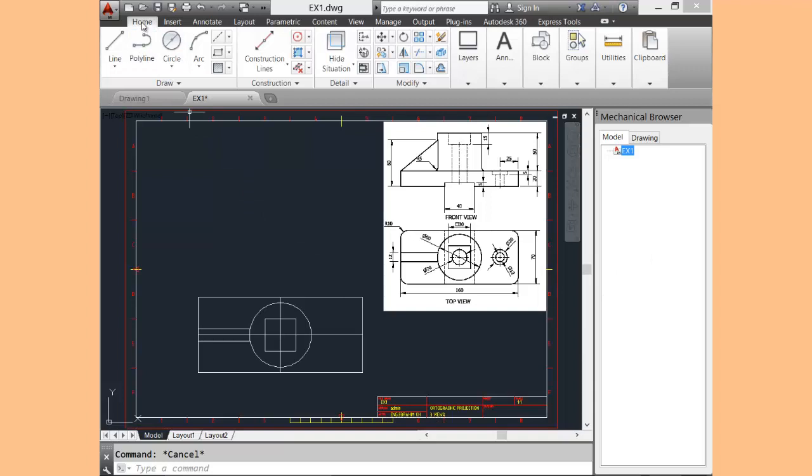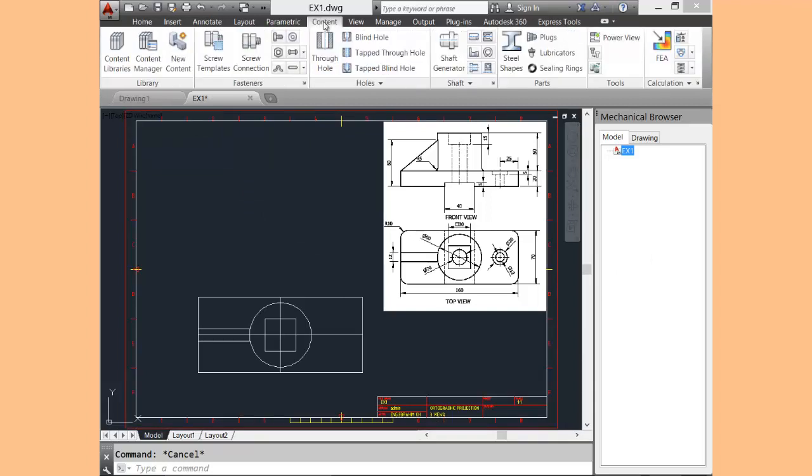From the home tab, we'll transfer to the content tab. This is our content tab. Here we have many standard parts like holes, fasteners, bolts, washers, nuts, pins, rivets. We have shafts here. We can create standard shafts and other parts. We are interested in holes. We have a simple hole here, so we'll go for hole, through hole,